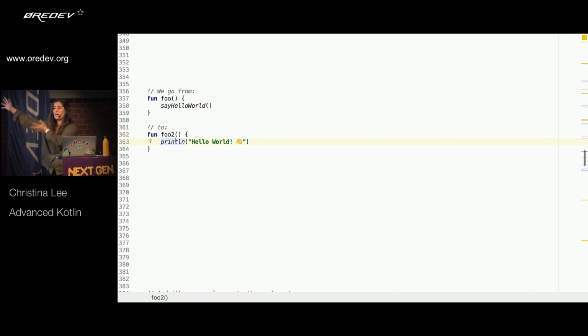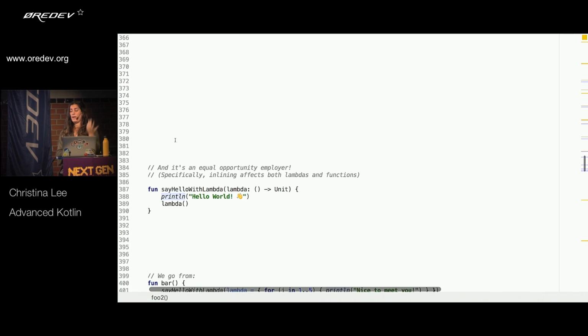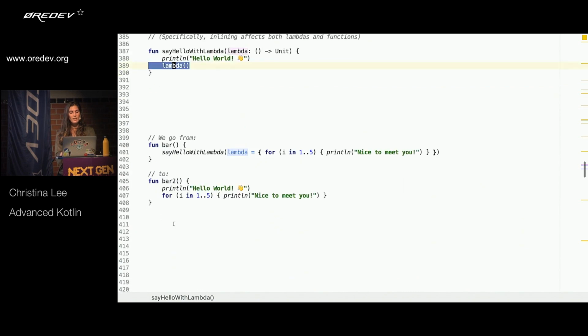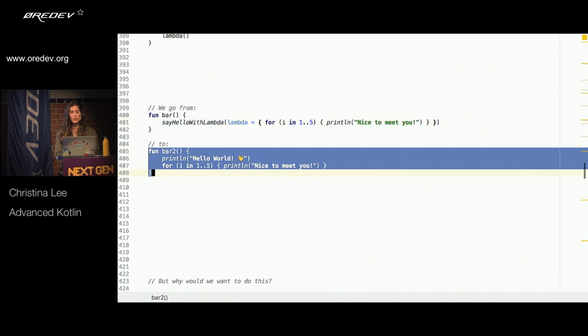It's no longer redirecting to another function and then printing. It just takes the contents of that function, plugs it into the call site, and that's what you have. Now it's worth noting that this applies to both lambdas and functions. So here we've changed our say hello to have a println, exactly like the first case, but also a lambda. And what that means is that when we go here and we have this inline function, it turns into the